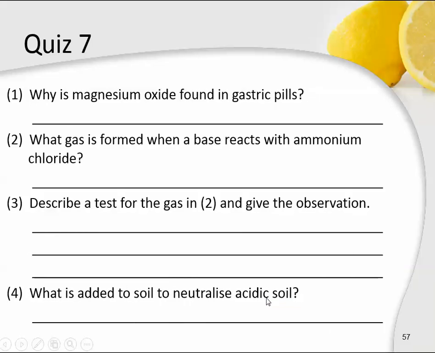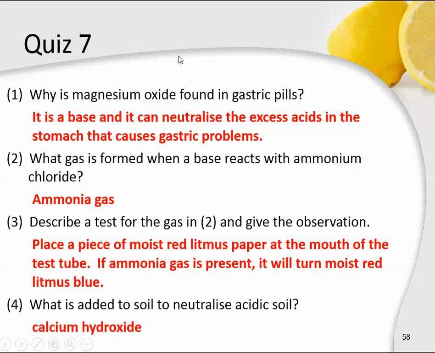Okay, let's try this question here. Please pause for a while and try this question. Why is magnesium oxide found in gastric pills? Because it is a base. Magnesium oxide is a metal oxide, it is a base, and it can neutralize the excess acid in the stomach